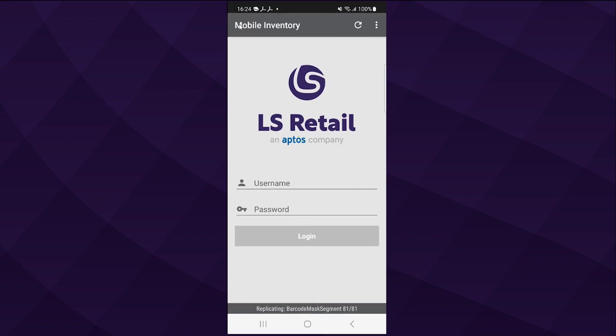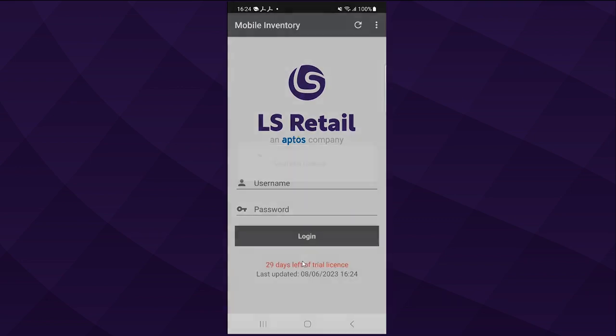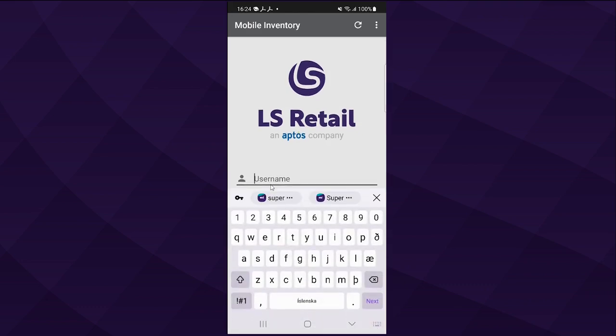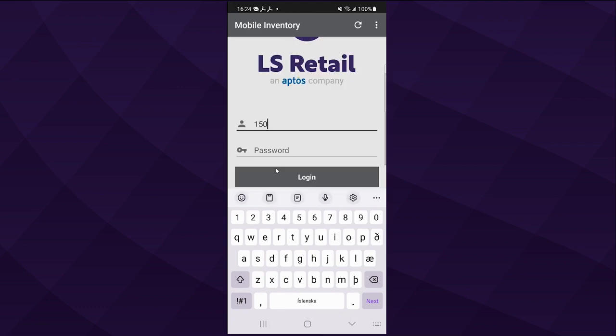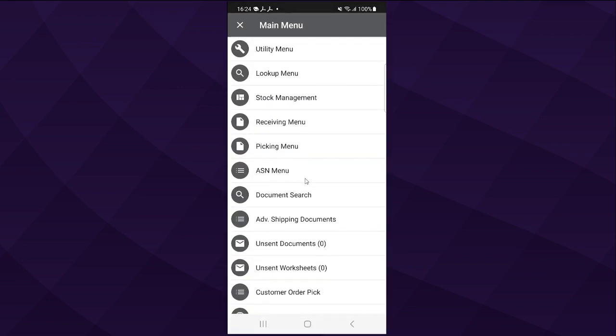And you're ready. And you will see what the system is doing now is replicating necessary data into the phone. But all data is otherwise connected. The app is connected with web services to LS Central database. So who is the user here? This is the staff, people that are working at the retailer. So you can use user 101 to our demo database, or even 150. And as with all other guys in our system, there is no password in our demo data company, and you log in. Here you have the menu.